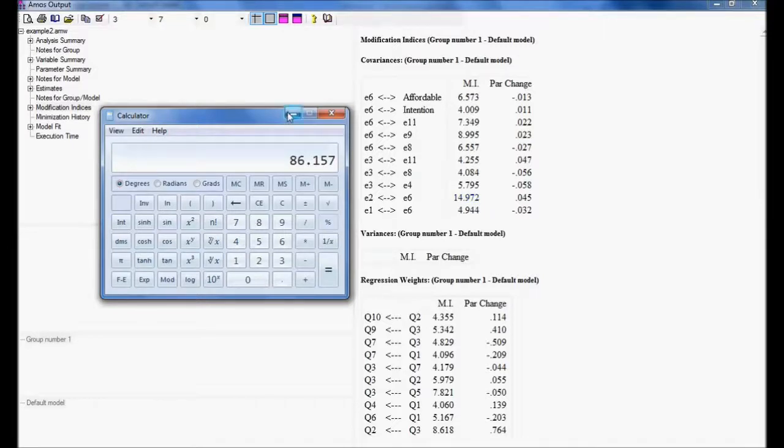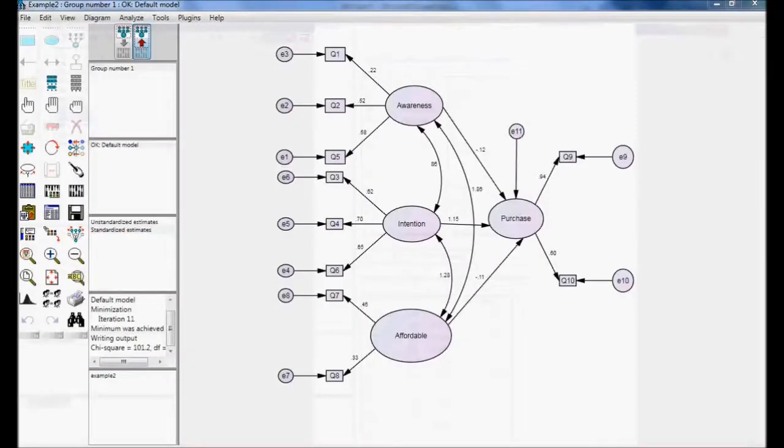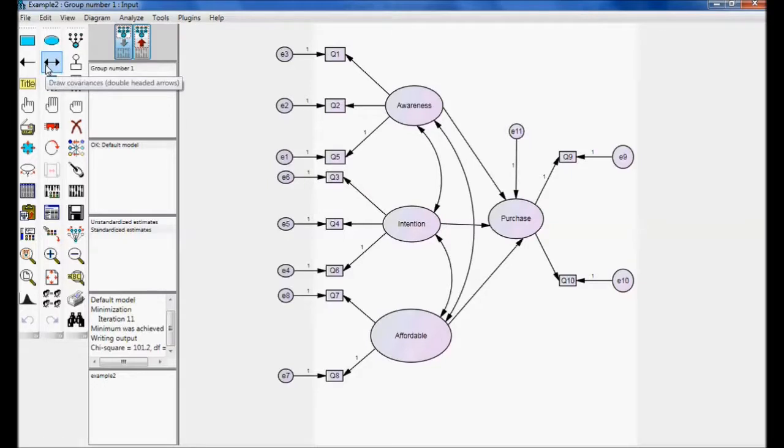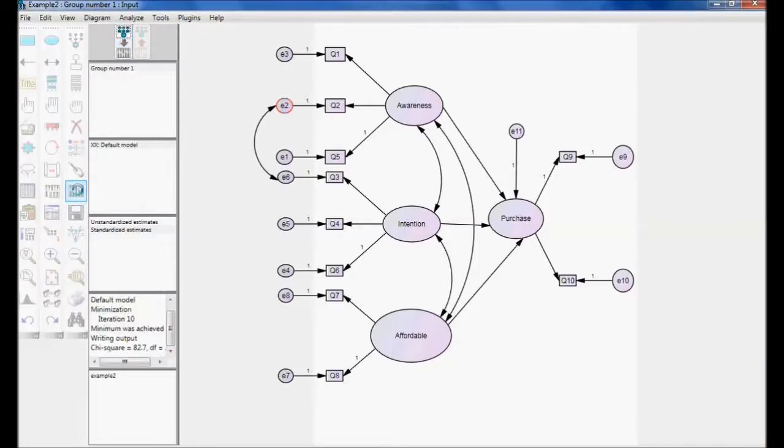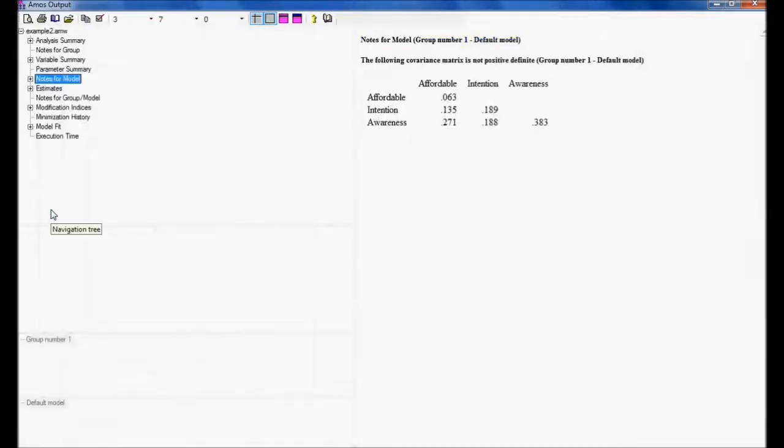Now let me maintain the relationship between error 2 and error 6. This is my model. Let me maintain the relationship between E6 and E2. Now let me calculate the estimates once again, output path and view text.